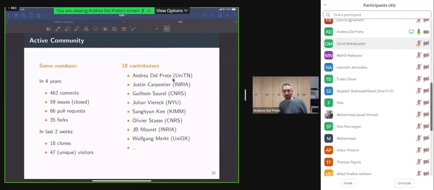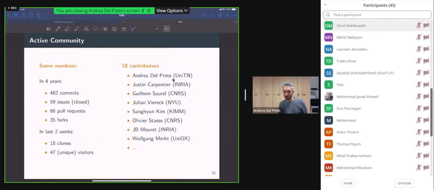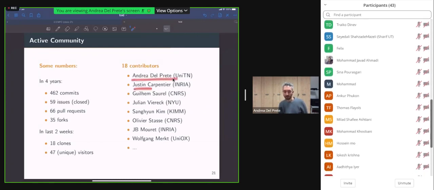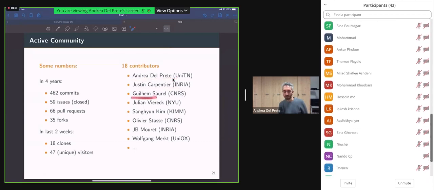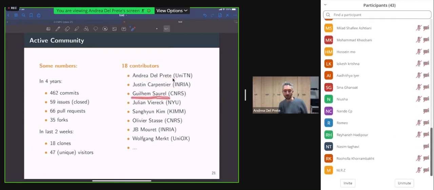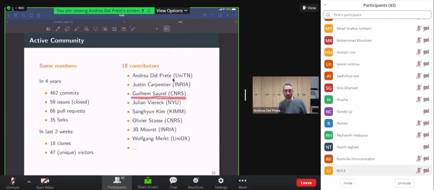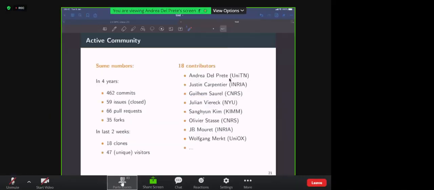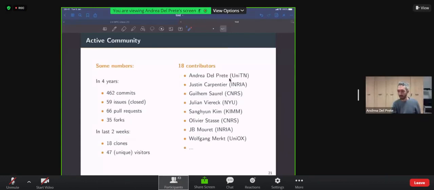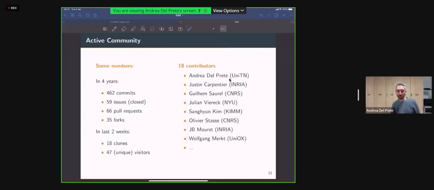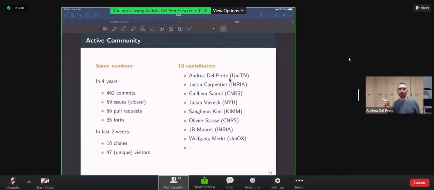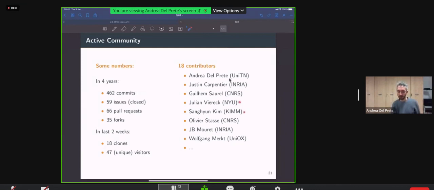We have also quite a long list of contributors, and probably the main developer, and Justin is the second on the list. And I should also mention Guillaume, who provides a lot of technical support, both for TSID and also for Pinocchio. And then we have also a list of more sparse contributors who are just contributing from time to time for very specific features from very different universities and research centers.